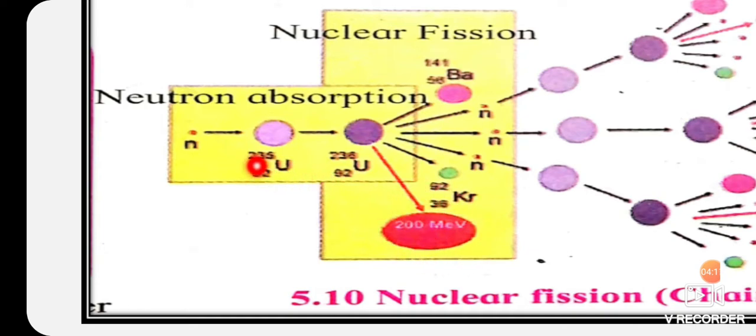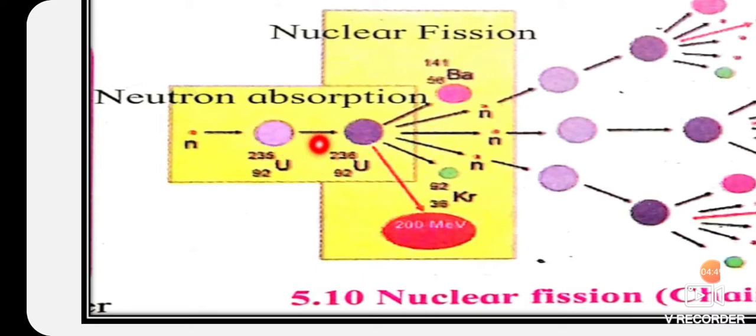So this is the first step. I repeat this again. An atom of uranium-235 is bombarded by a neutron, which converts it into an unstable isotope, uranium-236, which gives out barium, krypton and 3 neutrons and a large amount of energy. This energy is utilized to convert water into steam. Steam turns the turbine, which rotates the generator and then gives electrical energy.